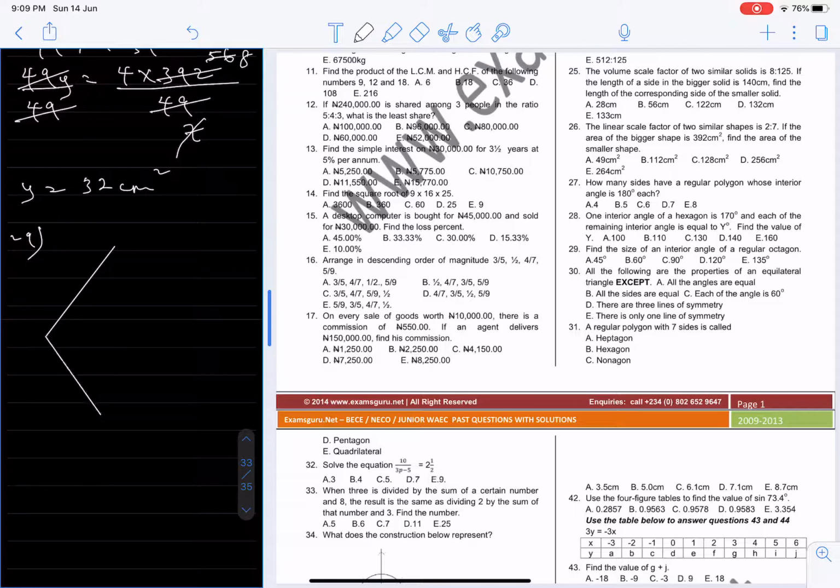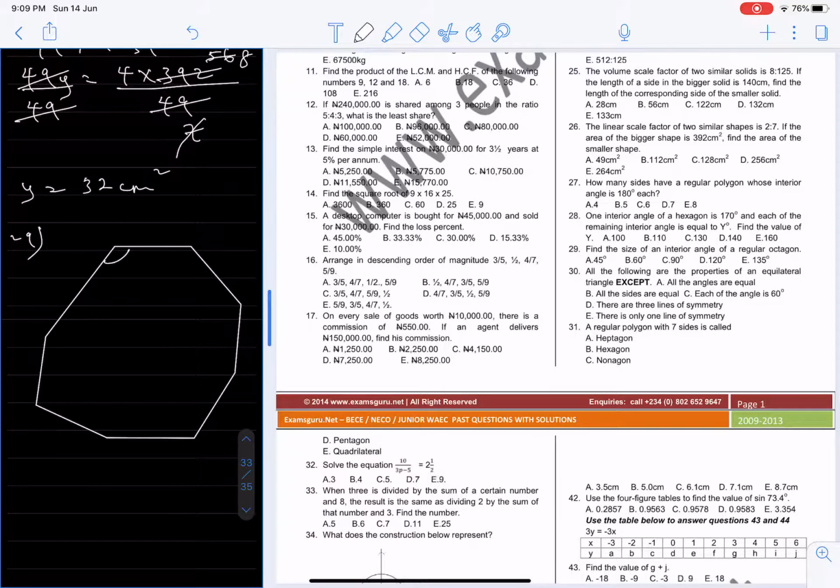That's 1, 2, 3, 4, 5, 6, 7, and then 8. These are 8 sides. This could be better. And then this can come here. These are 8 sides. If each